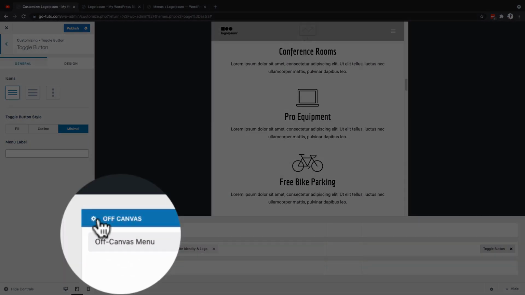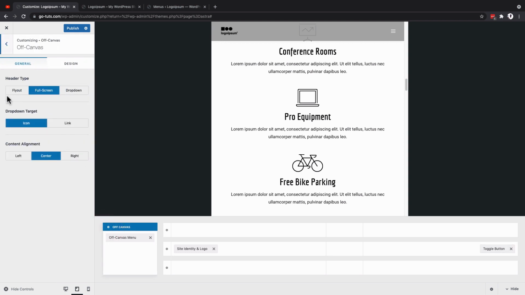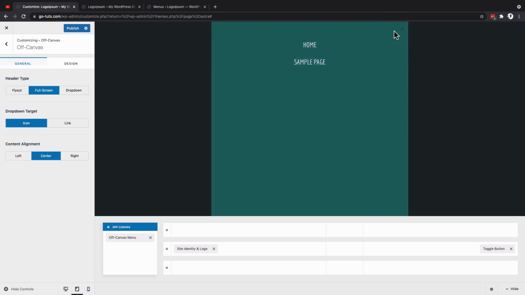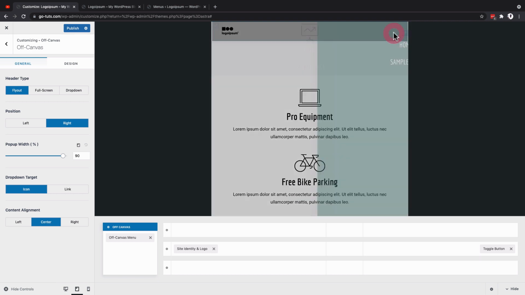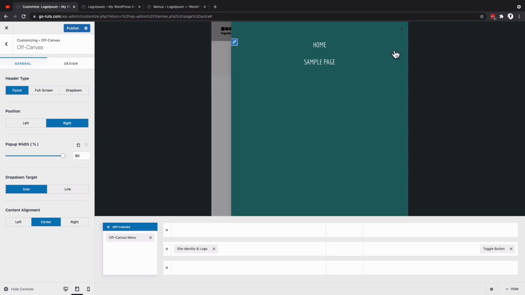And now that means that you will have this other feature called the off canvas. Under the off canvas, we can choose how our off canvas is going to look like. When I click over here, the off canvas shows up. Here it will show on the full screen, but as well you can choose it to be as a drop down. When I click over here, now it's a drop down. When I say fly out, when I click now on the toggle, the off canvas shows up as a fly